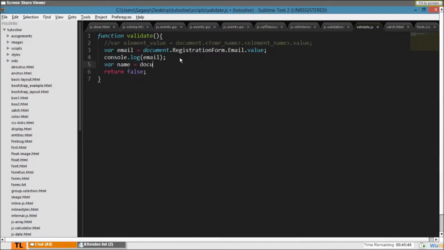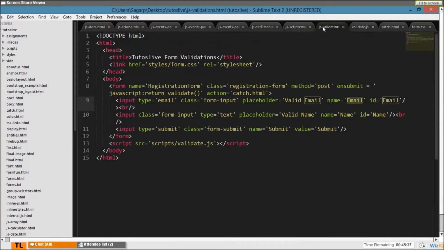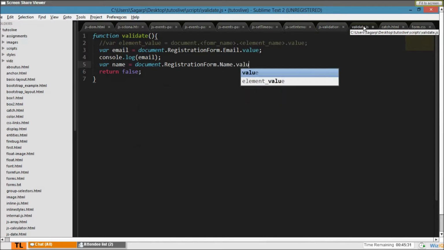So here I'll say console.log name. Let's see if you are getting this too. Any question here? Spelled the form name wrong? Really? I don't think so. Oh, here. Okay, I'm sorry. Okay, I corrected it. Thank you.